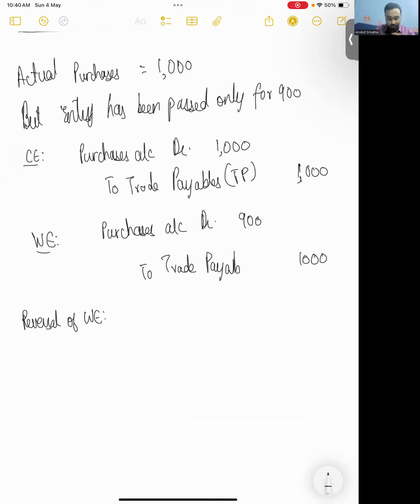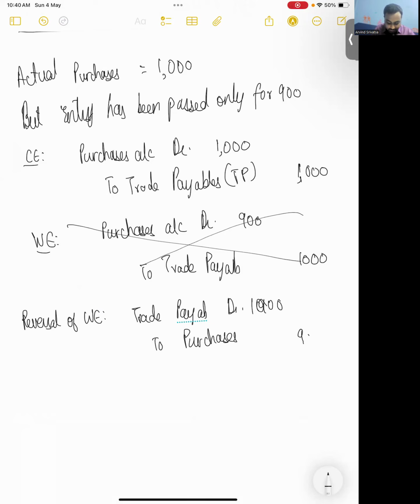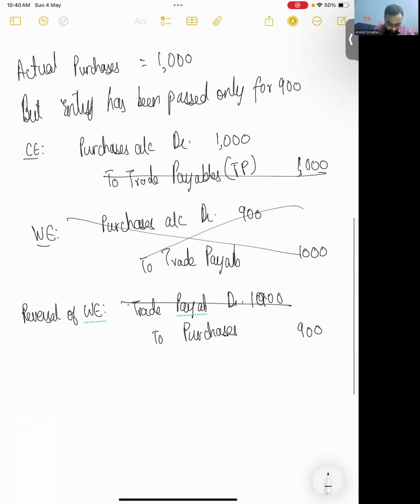Because we cannot erase it in our books of accounts, we will say trade payables debit to purchases account. Because this is wrong, we need to erase this. So forget this now. Trade payables is 1000, this is 900. Debit of trade payables 1000 is here, credit is here. Debit and credit are opposites, so they will get cancelled. Now if I come to the rectification entry, purchases debit is 1000, your credit is 900. So net purchases debit is 100